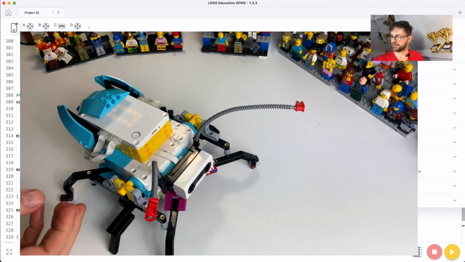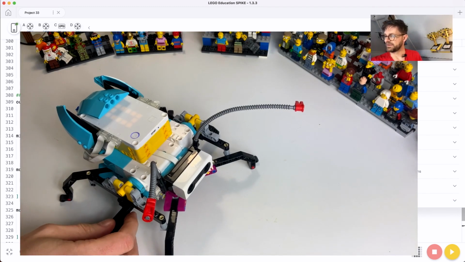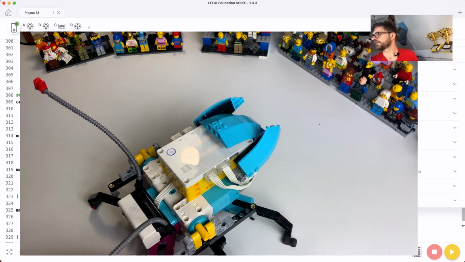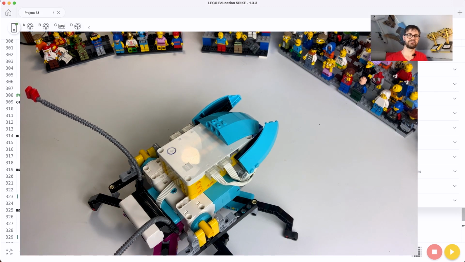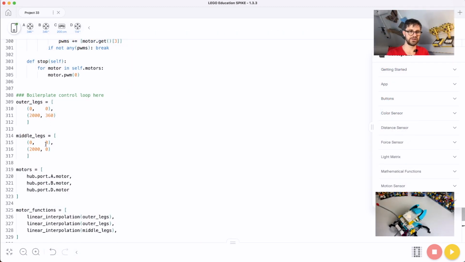So now these are lowered and these legs are lifted, and that's enough. Could even be a bit more. 150 is enough to lift it. So if motor D would just start there at 150, would that be right? Yeah, I think let's 140. Start easy, and then